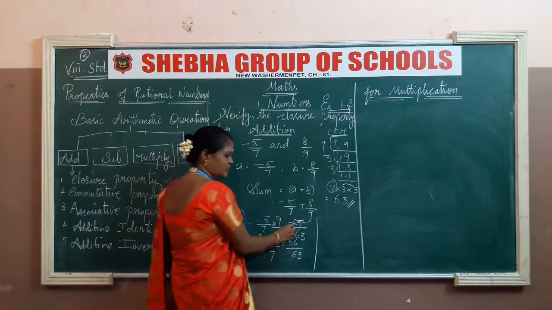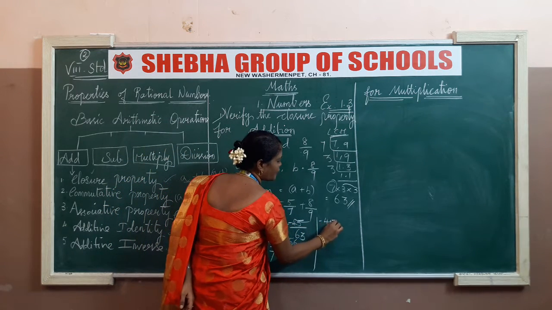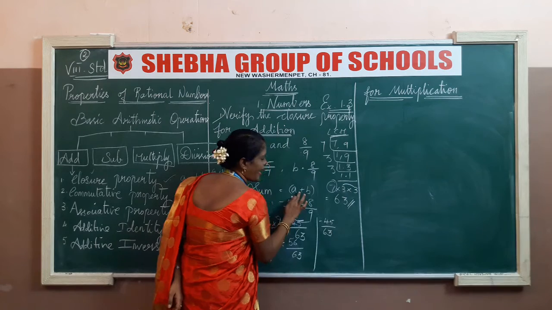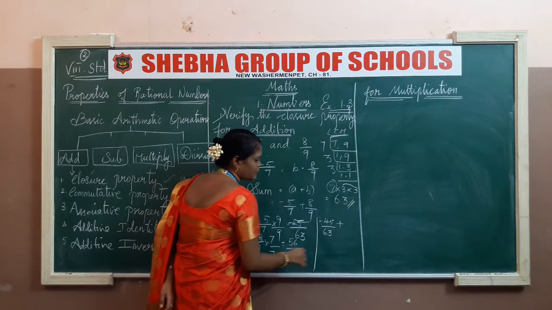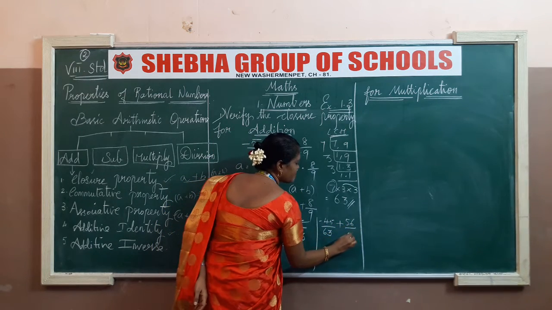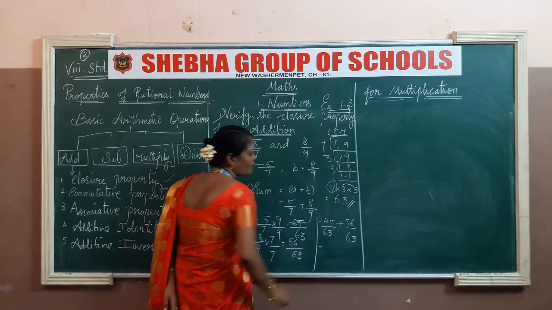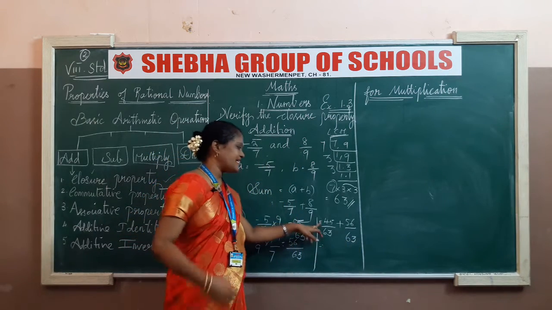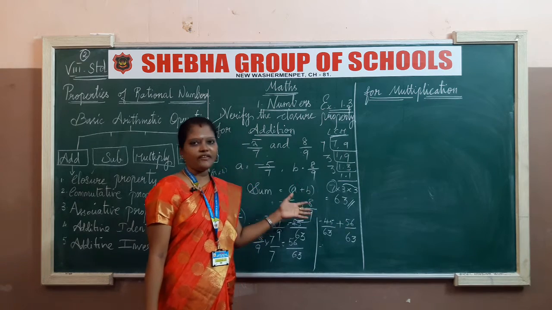What is my first rational number? Minus 45 by 63. Add symbol. What is my second rational number? 56 by 63. When we subtract, because we have one plus value and one minus value, surely we are going to